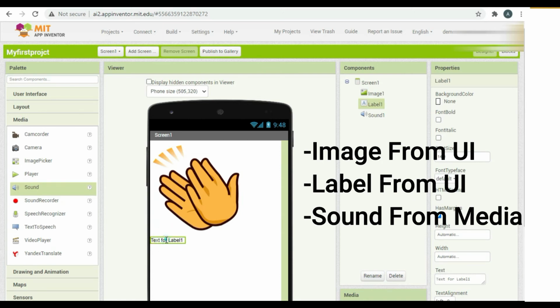And now I have to change the text of label 1. You have to simply click on label 1, go to text option right here, select the whole text and press the delete key and type.